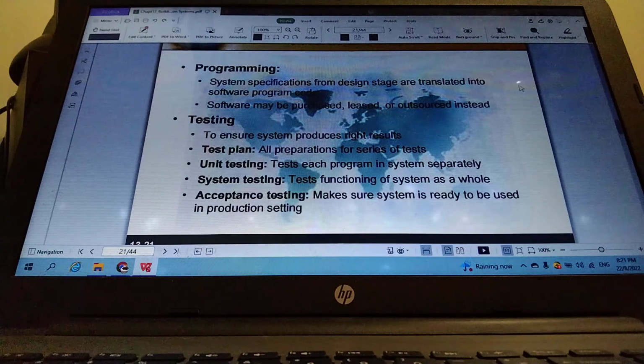But as usual, before we do testing, it has its own plan, where we need to have what we call test data, test plan, expected output. All these need to be prepared as the requirement for the testing to be carried out. As far as the testing stage is concerned, there will be different groups of people involved. Unit testing is the testing that needs to be carried out at the module level or program level